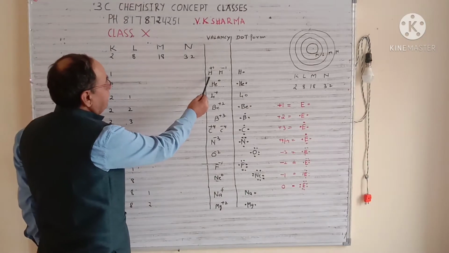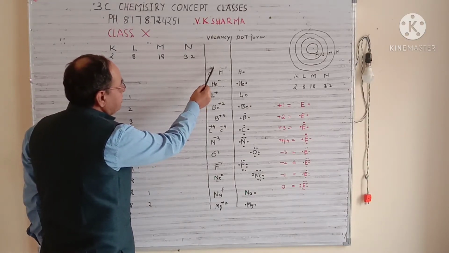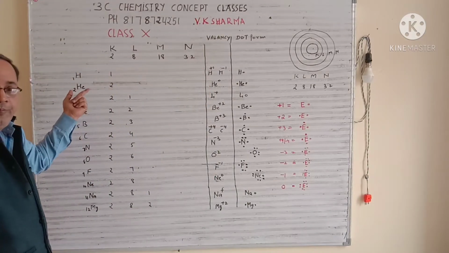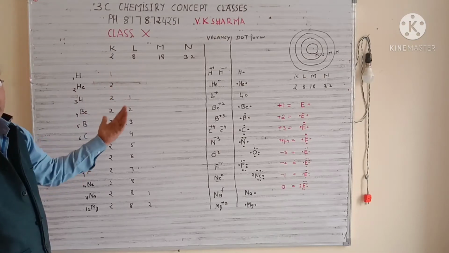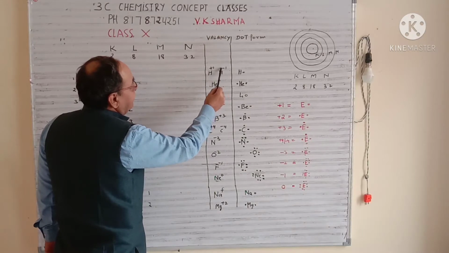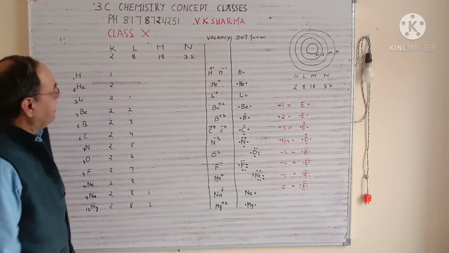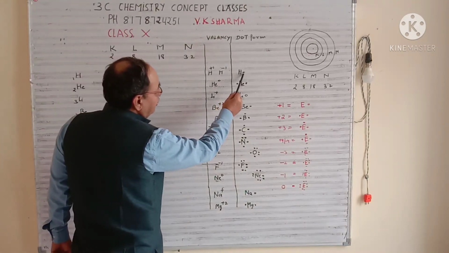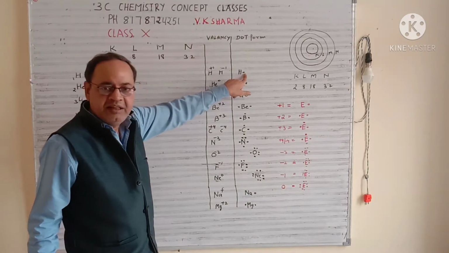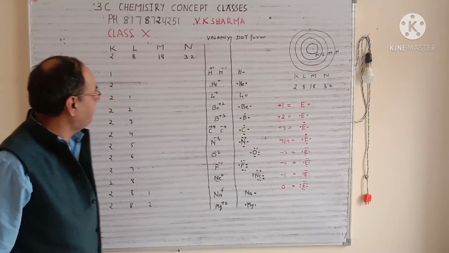So when it gives, it always becomes positive charge. Since it is giving 1 electron, it is giving you 1 positive charge. Now suppose it takes 1 electron, so the acceptor always gets a minus charge. So it will take 1 electron, so it will get H 1 negative. Now this electron can be represented with the element in the dot form. So hydrogen has 1 electron, and that is represented this way. So this is the representation of charges as well as the dot form of the electron.